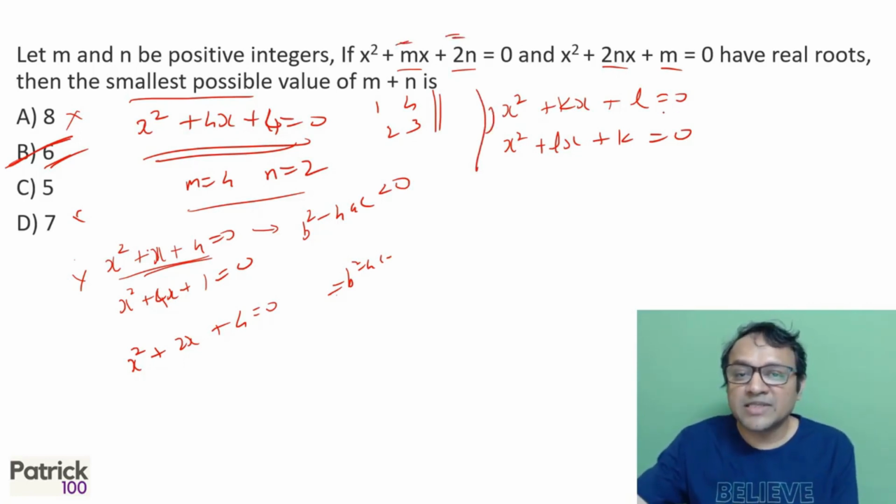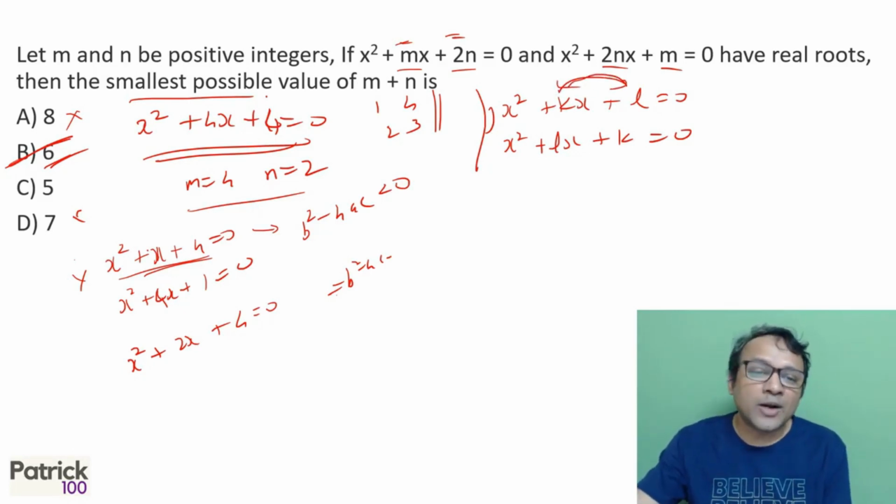So you have x square plus 6x plus L and x square plus Lx plus K. And this B and C part is interchangeable. Let me think of a small quadratic equation that will satisfy it. I realize that x square plus 4x plus 4 satisfies. From it, I directly get 6 as the answer.